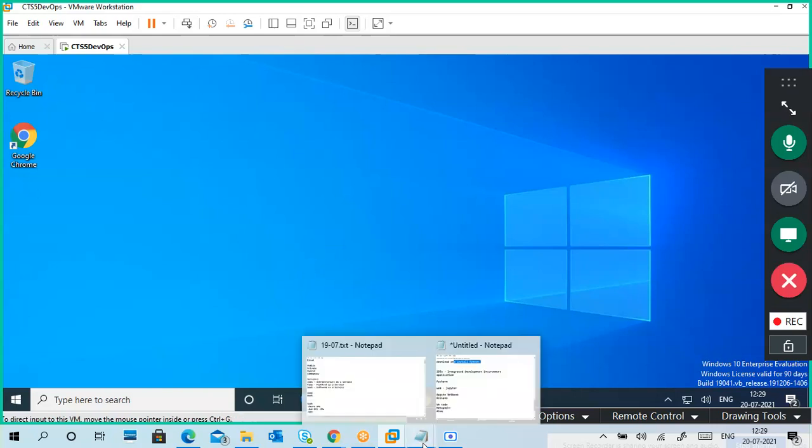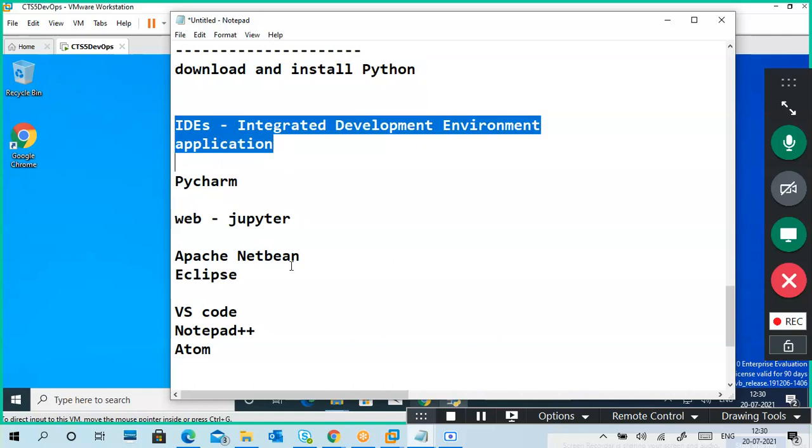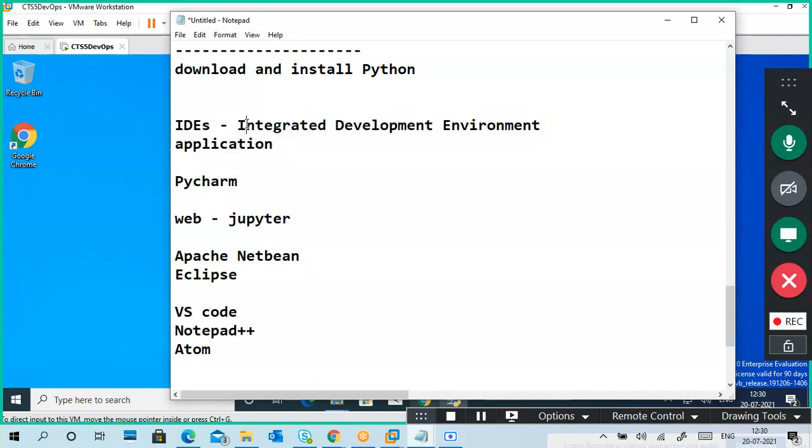As we discussed, you need an IDE for that. If you want to practice Java, C, C++, .NET, an IDE is compulsory, because you have to write a program, so you need support.